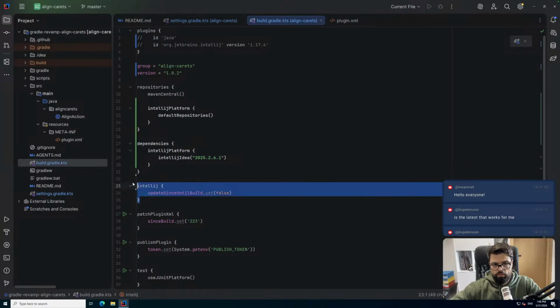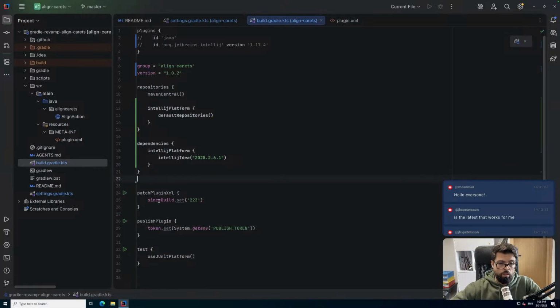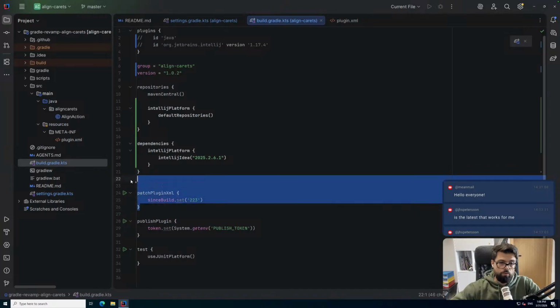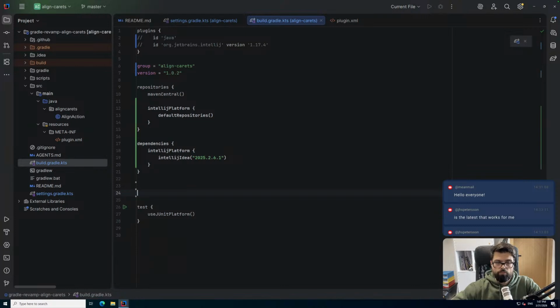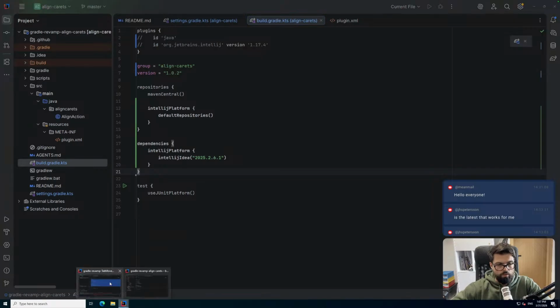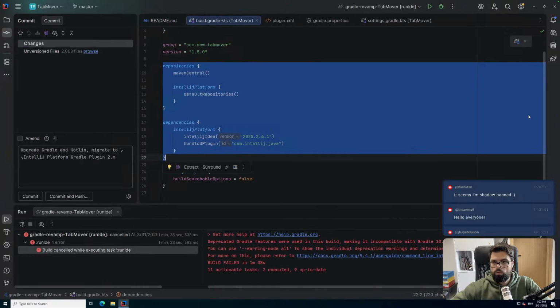Update since until, that's no longer present in 2.x. Patch plugin, not needed. Publish plugin, the token is set for you out of the box in the latest IntelliJ Platform Gradle plugin. Just make sure that we will use,